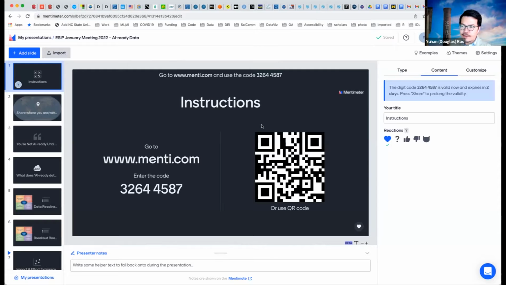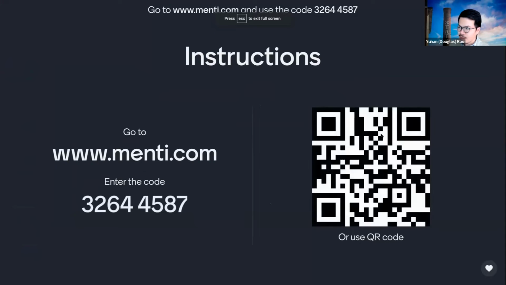To get us started, I would like to invite you to the Mentimeter poll. You will find the slides that we're going to use throughout the session, and also instructions on how to go into the breakout rooms. Before doing that, I would like to ask help from Jake and Chen to put in the code of the Mentimeter and also the Google Doc for the meeting notes for this session.